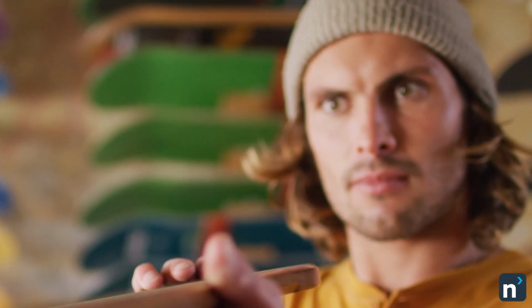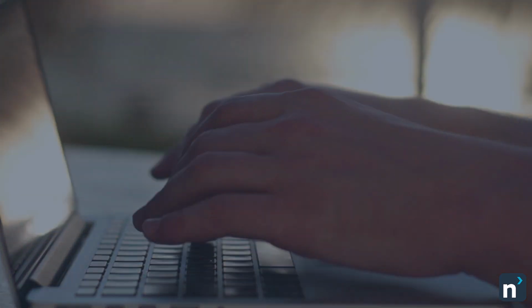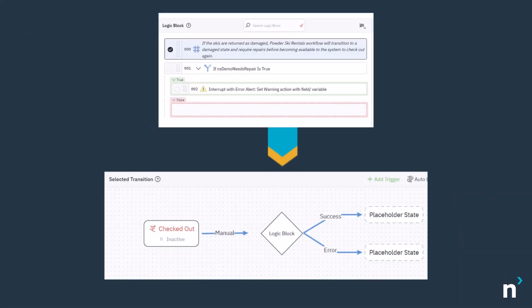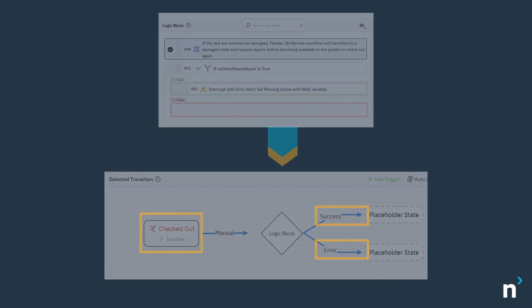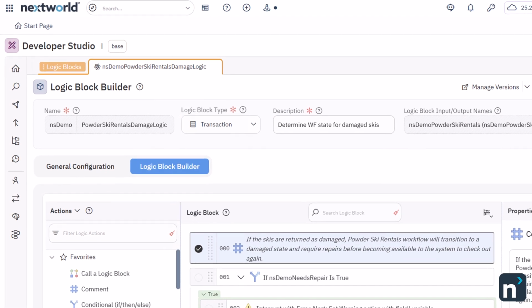In the next section, we'll build a conditional workflow that allows employees at Powder Ski Rentals to track returned equipment as either damaged or available. When attached to a workflow, a conditional logic block acts as a decision point, allowing the process to move from one starting state to different possible outcomes. We'll use the conditional logic block